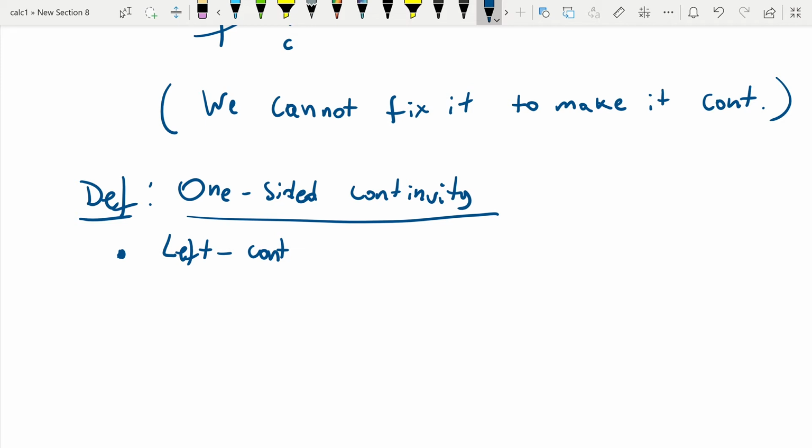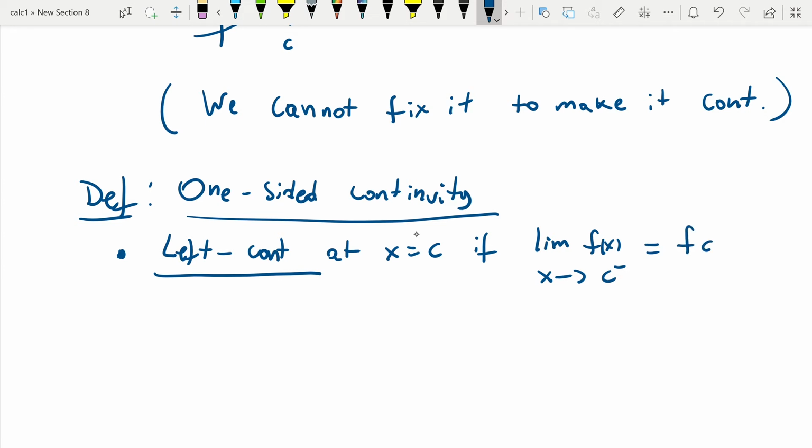So left continuous: the function is said to be left continuous at a point x equals c if the limit of f of x as x approaches c from the left is equal to f of c,